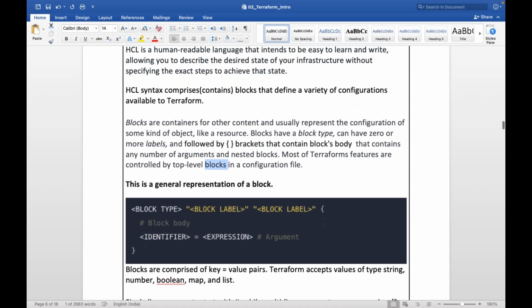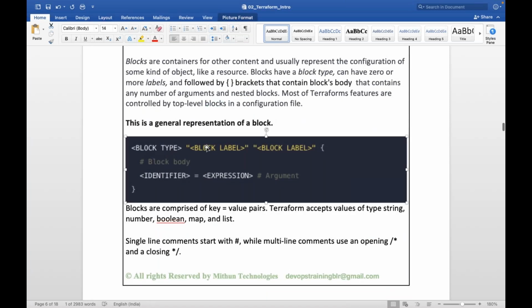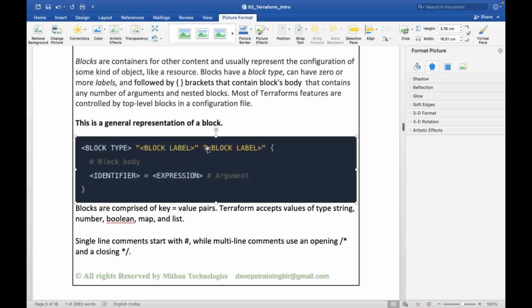So this is the general representation of a block: block type followed by one or more labels, and within curly brackets you define the arguments for that block.